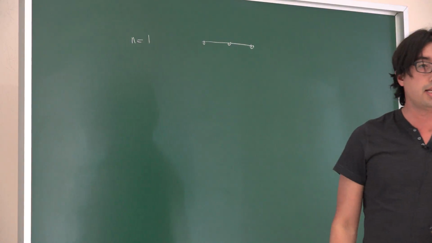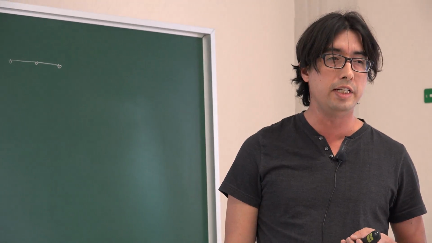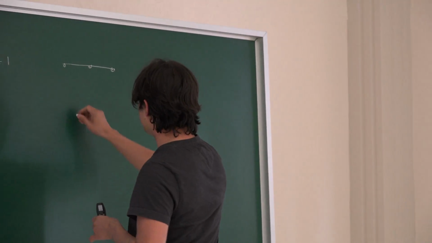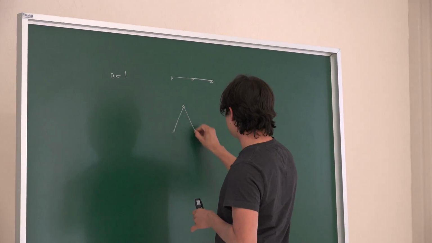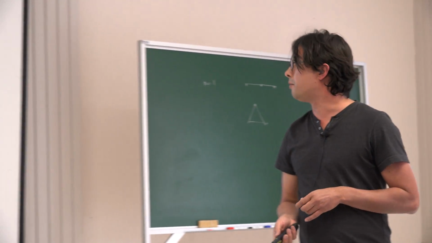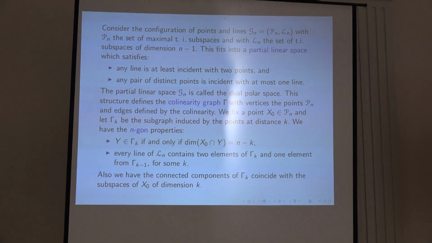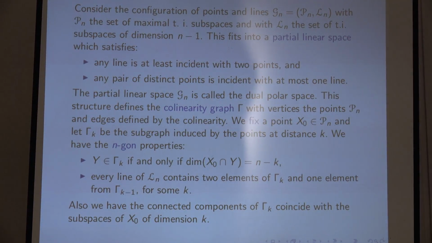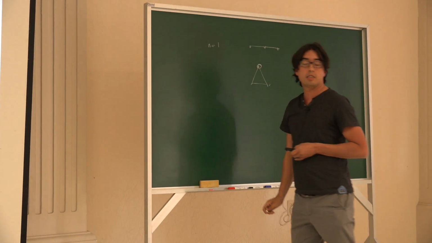But if you want to associate a graph that shows the collinearity, then you have to add the following edges. You have a triangle. And this is just the definition of the collinearity graph. The vertices are just the points, and the edges are defined by the collinearity. And we have the following n-gon properties, because at the end I want to show these properties of finite geometry. The first is that we can choose a point, for example this, and we can say which are the